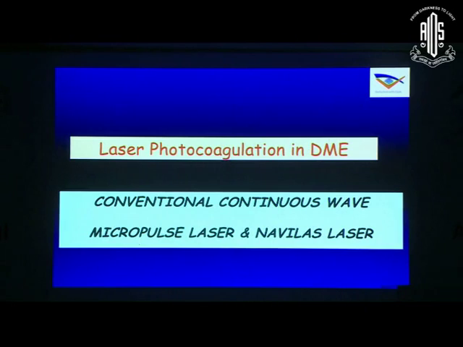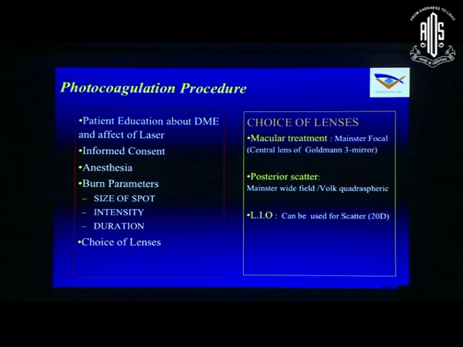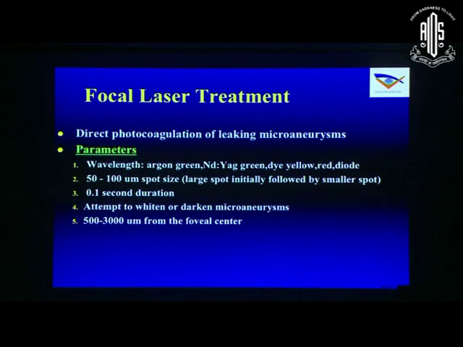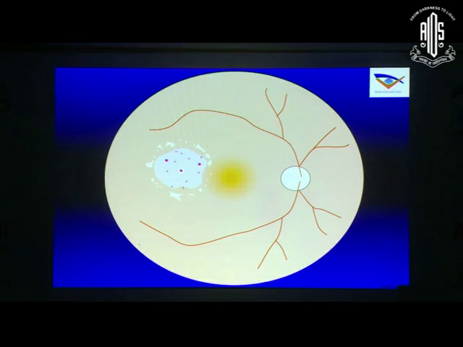Briefly about laser photocoagulation. Conventional laser, these are the various parameters which you should know about. Taking informed consent, using topical anesthesia, and there are various burn parameters. What are the choices of lenses? And for the scatter, you can use LIO. These are the various parameters, which you can all look up, but essentially let's look at,